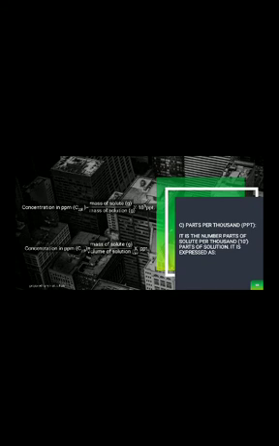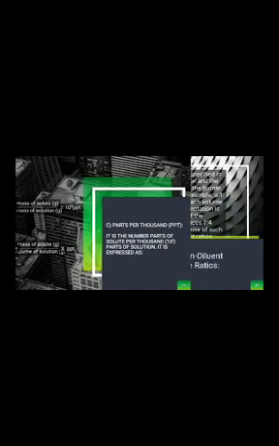Parts per thousand, ppt, is the number of parts of the solute per thousand parts of the solution. Sorry, here there is a small mistake. It is expressed as ppt equal to mass of solute in gram divided by mass of solution in gram, times 10 raised to 3, and is called parts per thousand.